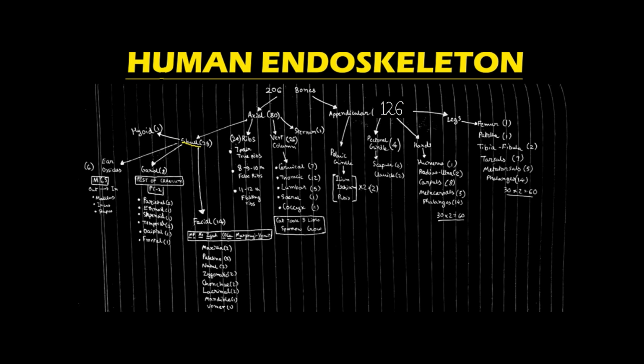The skull has in total 29 bones. Now we need to see the divisions of them. I would suggest you take a screenshot of this table, and when I discuss from the diagram, you can match them. So let's go to the 3D model and discuss all of the bones.